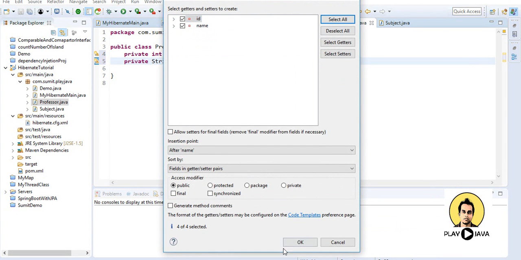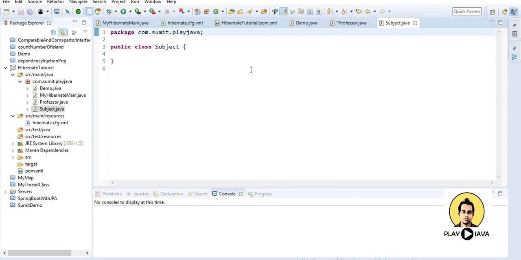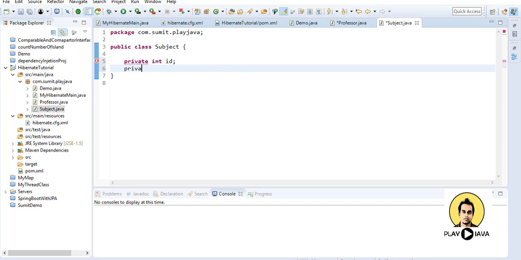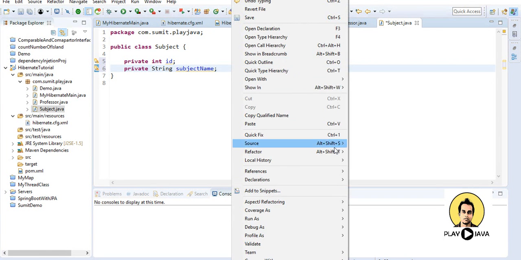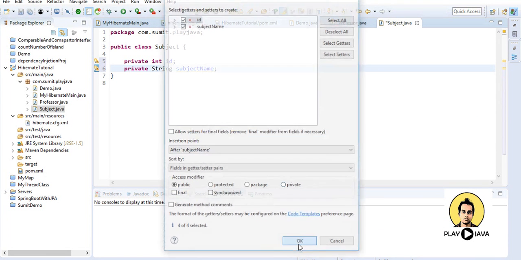Select all and click on OK. Similarly in the subject I'll provide int ID and subject name, and provide the getters and setters for these two. Click on OK.